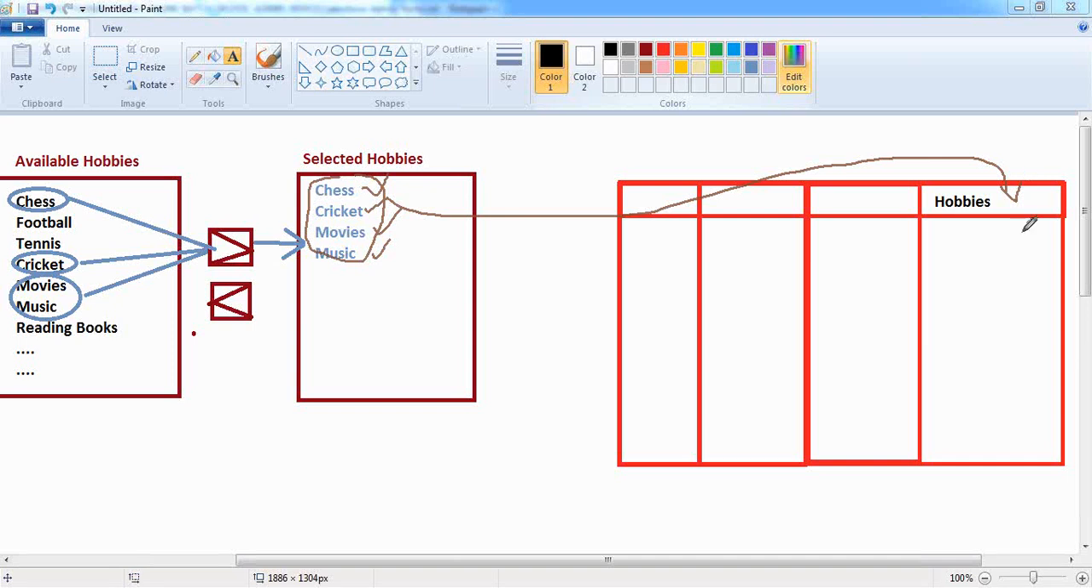In the first record, hobby will be chess. In the second record, hobby cricket. Third record, hobby movies. Fourth record, hobby music. Do we need to create like that? How will these multiple elements get stored inside a single column? Comma separated values. Now, in this case, when coming to Salesforce, whatever hobbies you have selected, it will